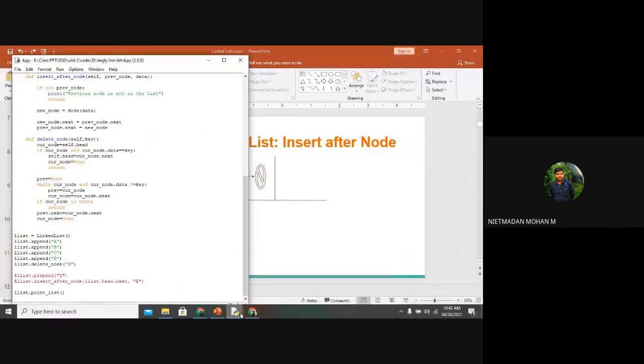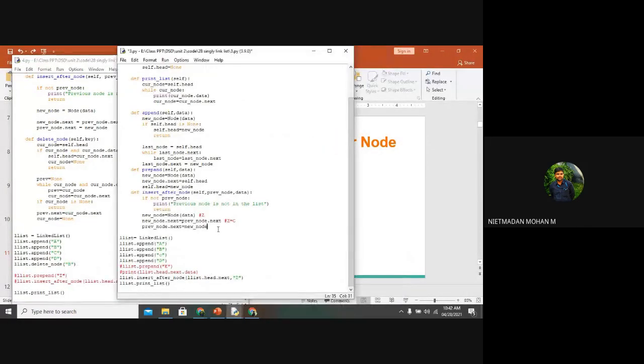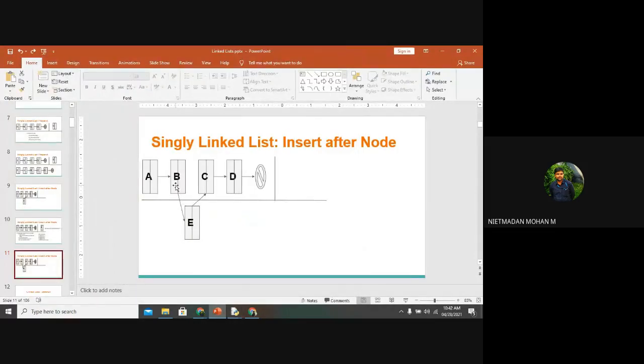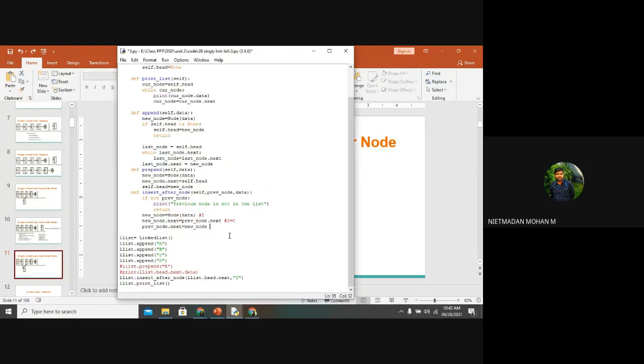And now coming to the third line, previous node dot next is equal to new node. What is the previous node dot next? C is the previous node dot next. Now Z will be coming as the previous node dot next. So after the previous node, the Z will be displayed. After Z, the C will be displayed. When you understand the swapping concept, this will be very easy. You have studied the swapping methods, and if you understand the swapping method, this will be easy.